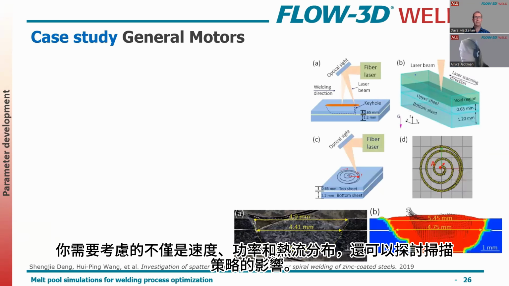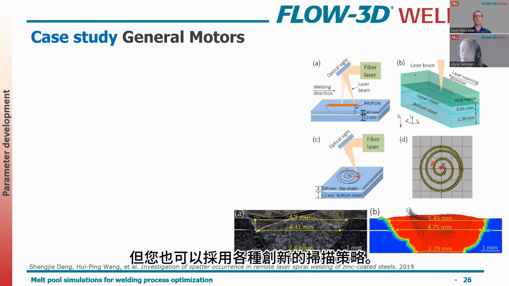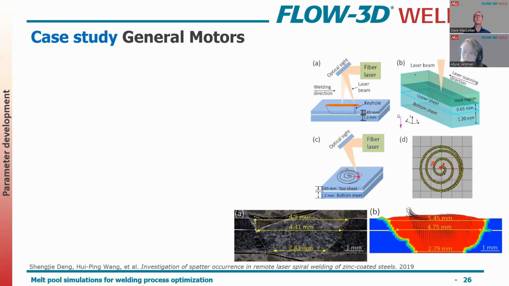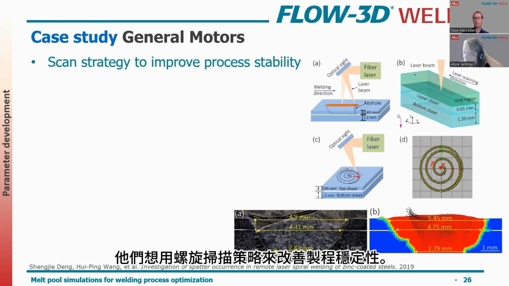So it's not just the speed, the power, and the heat flux distribution, but you can also look at the effective scan strategy. So we saw in the beginning that wobbling case that was used to create process stability, but you can also employ all kinds of creative scanning strategies. In this case, some of our users at General Motors were looking at a spiral scan strategy to improve